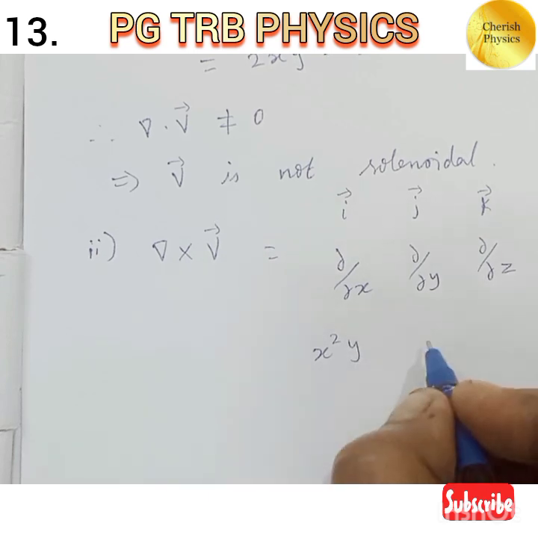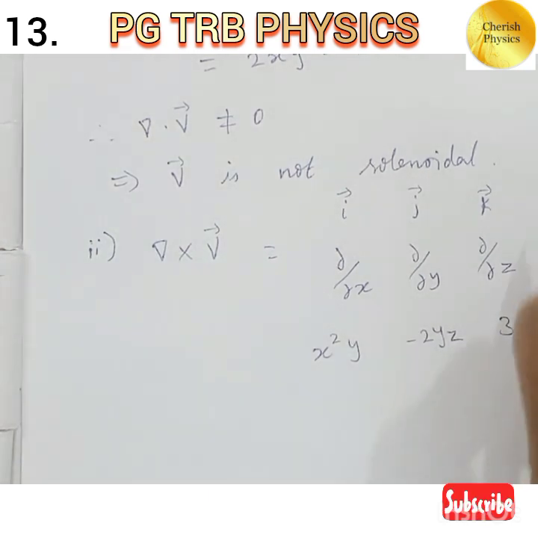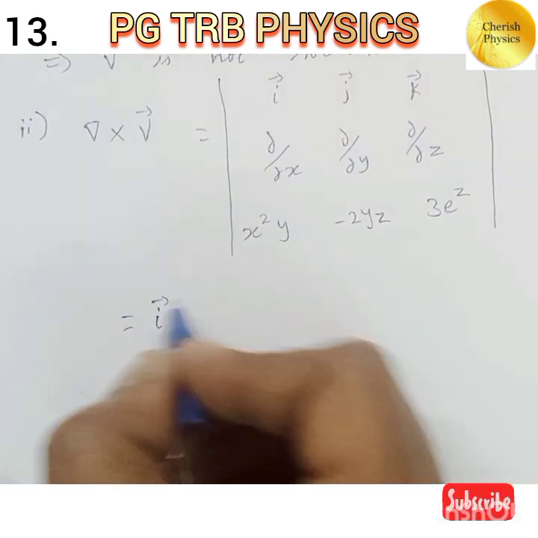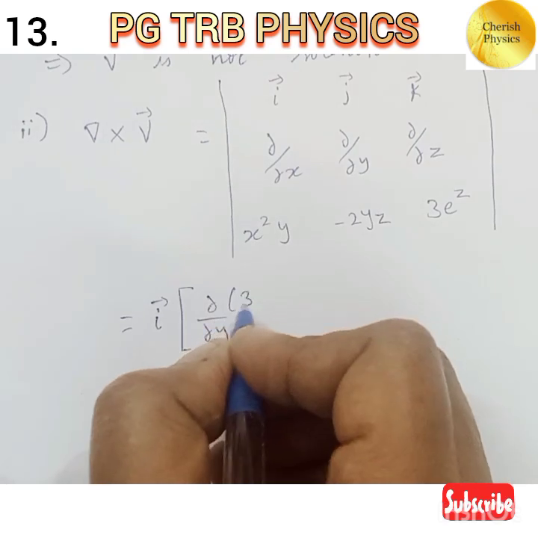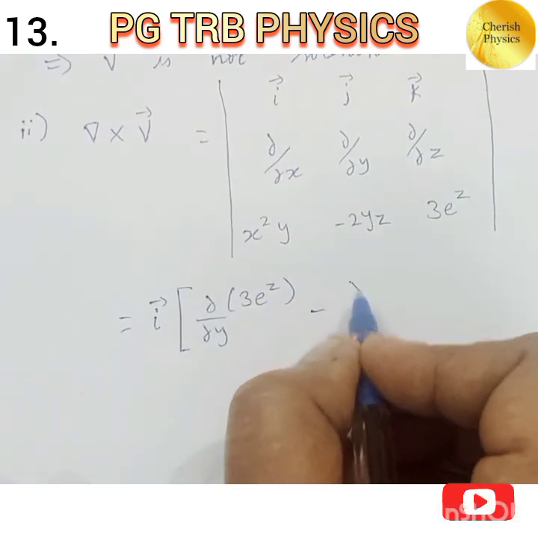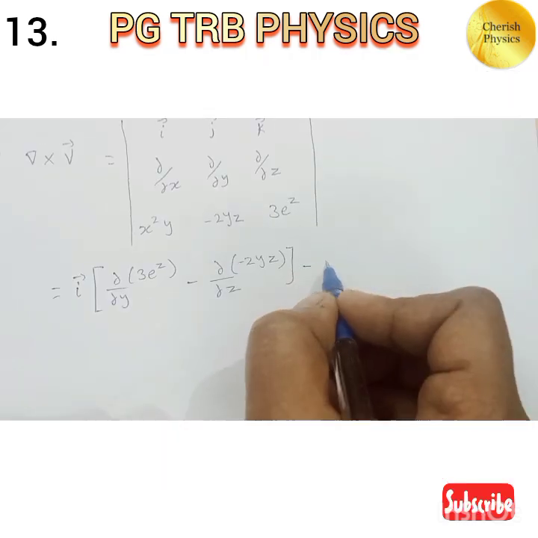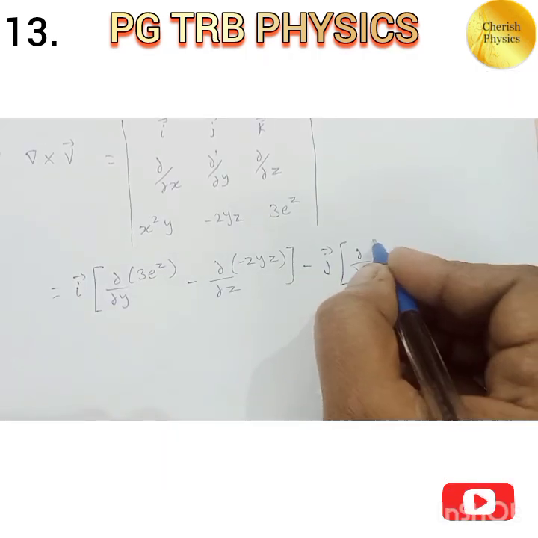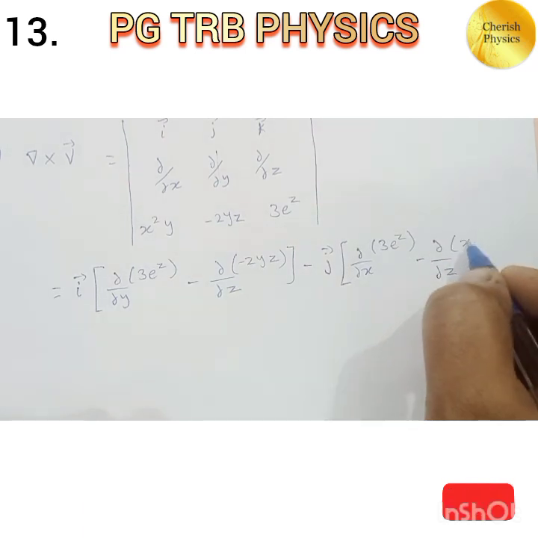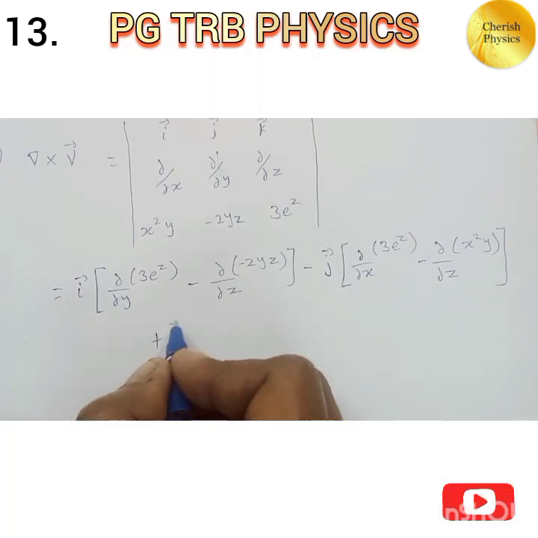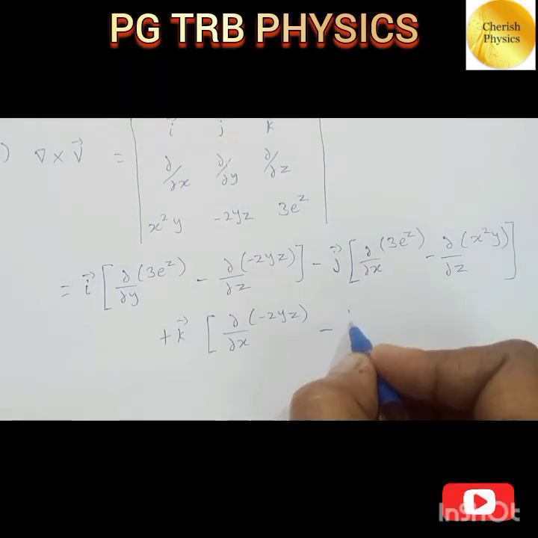Third row, x squared y, minus 2yz, 3 e to the power z, which is equal to i into dou by dou y of 3 e to the power z minus dou by dou z of minus 2yz minus j vector into dou by dou x of 3 e to the power z minus dou by dou z of x squared y plus k vector into dou by dou x of minus 2yz minus dou by dou y of x squared y,